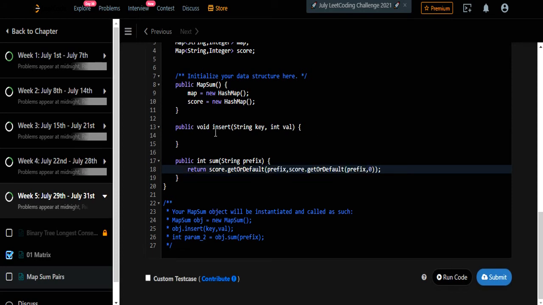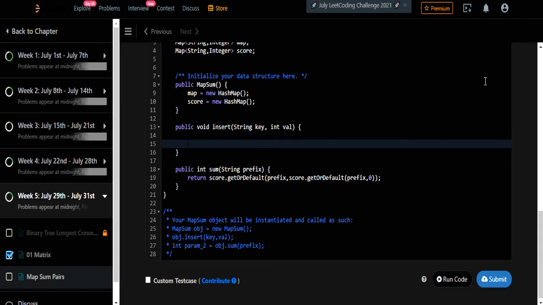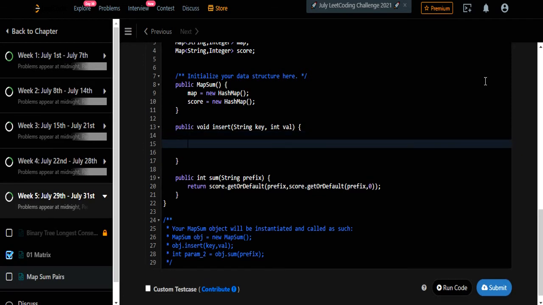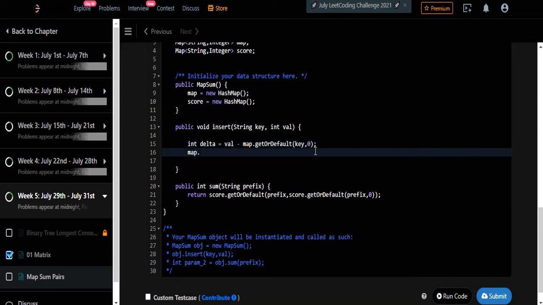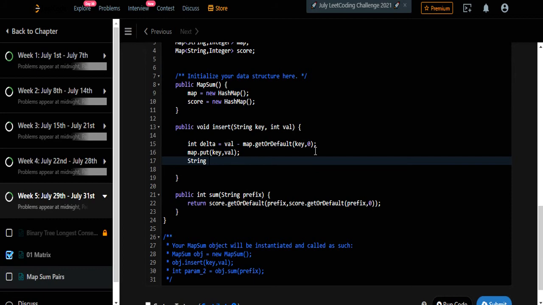We are left with only the insert method now. Here we are going to first calculate the difference between the current value sent and what is already stored in the map for that particular string. First we put the value and key as such, and then calculate all possible prefixes for that word and put them into our map.